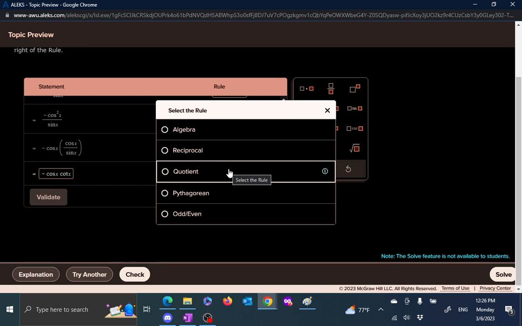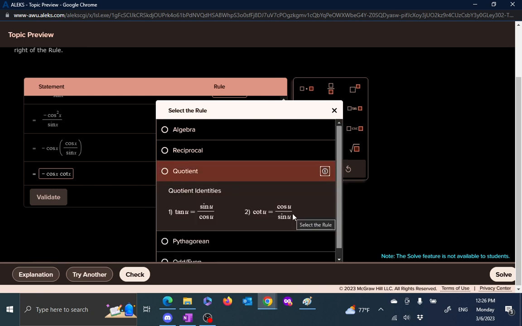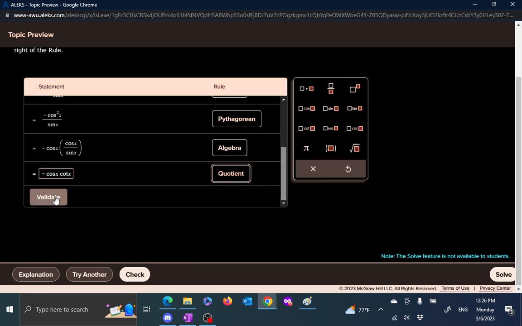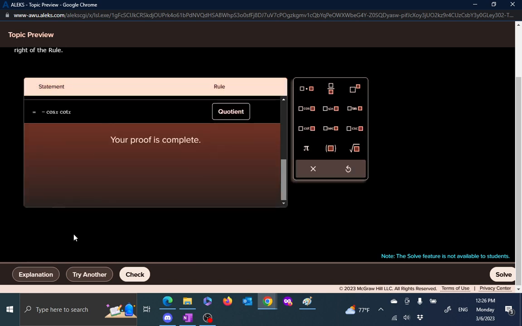quotient identities. Quotient, cosine over sine, let's remind ourselves. Cosine over sine is just cotangent, and that's what we did here. And let's see. So then we are done. Let's try another